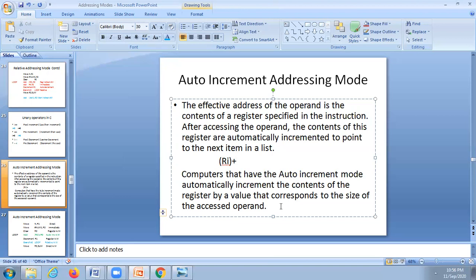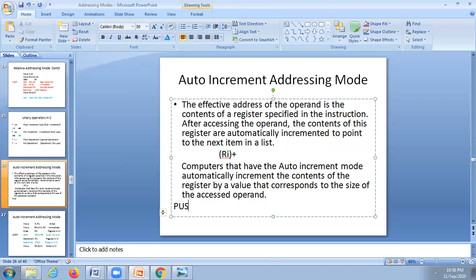So what are the stack operations? They are push and pop. We are going to use these for push and pop operations. What is a push operation? We are pushing data from a register onto the stack.